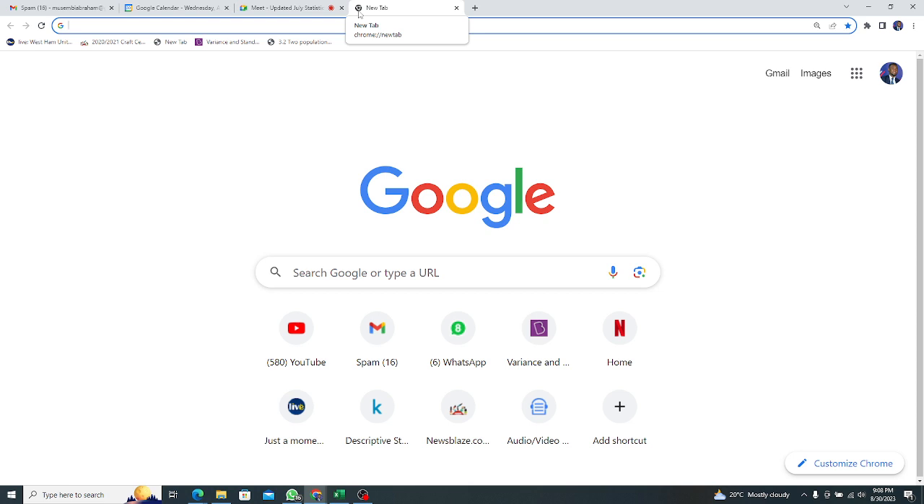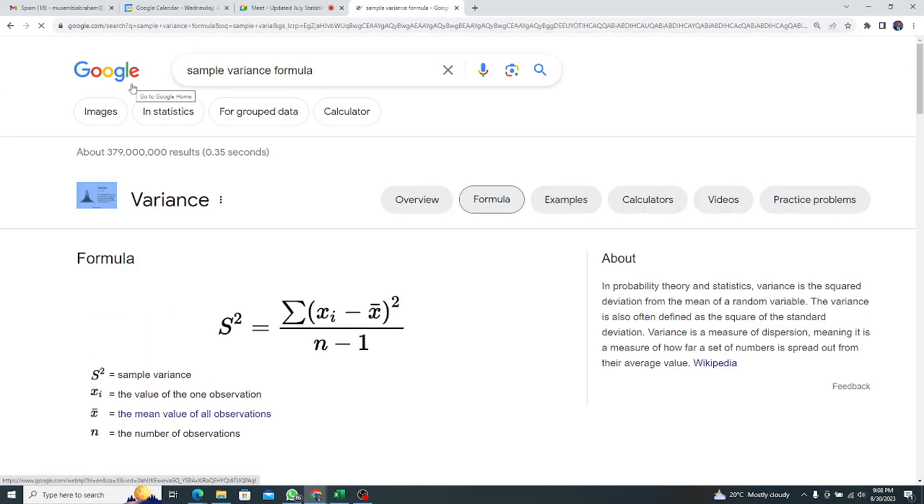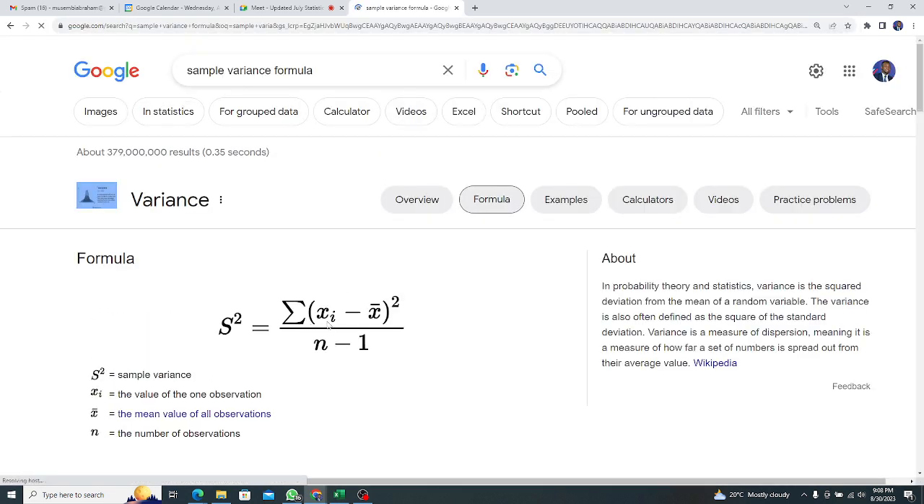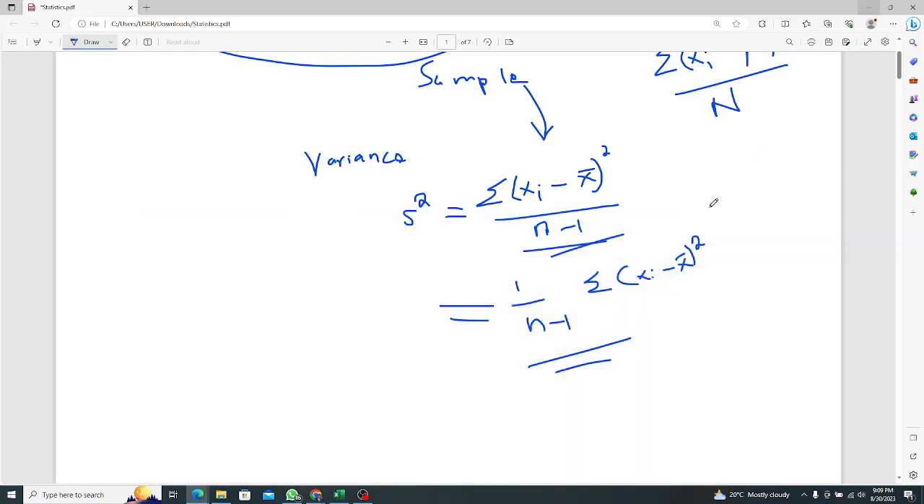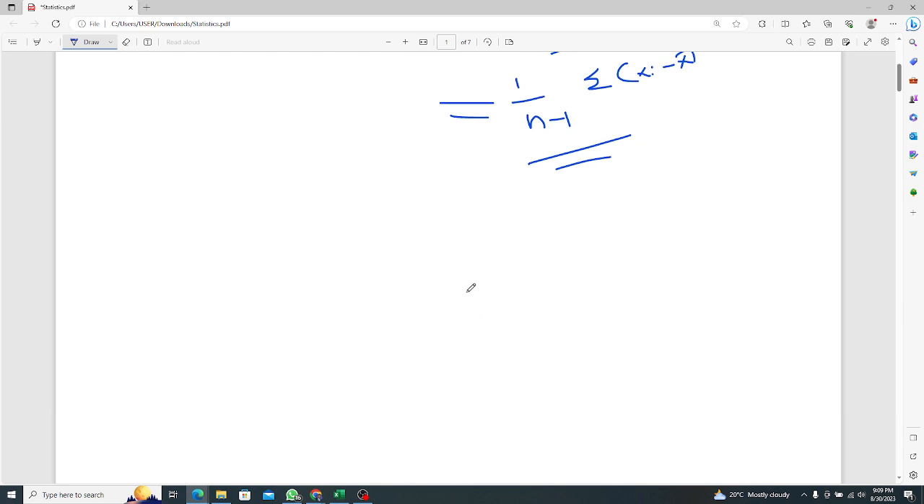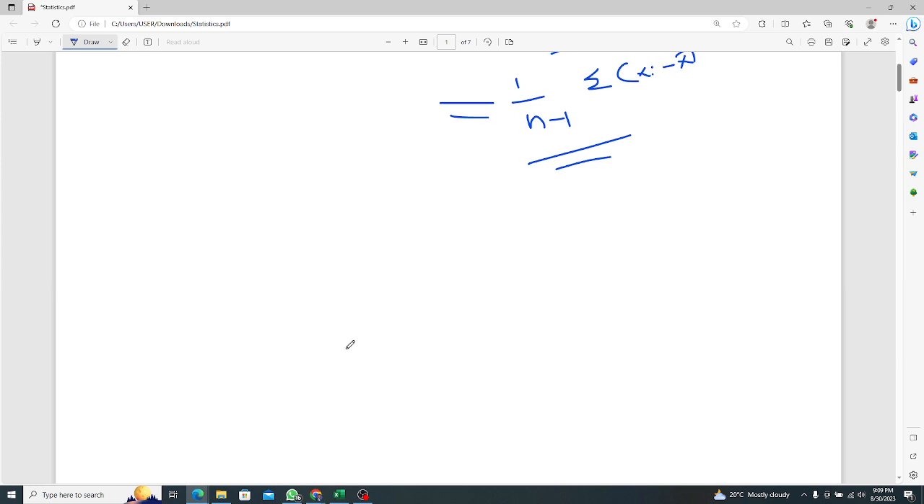So that is the sample variance formula. Sample variance formula. Yes, very correct. So basically, we know that this is the variance, s squared. Then our standard deviation will be s. We won't square it, it will be s only. So s is equal to